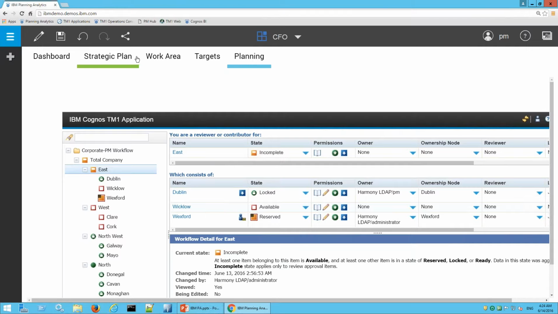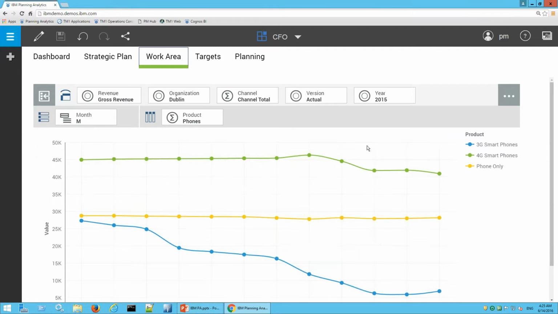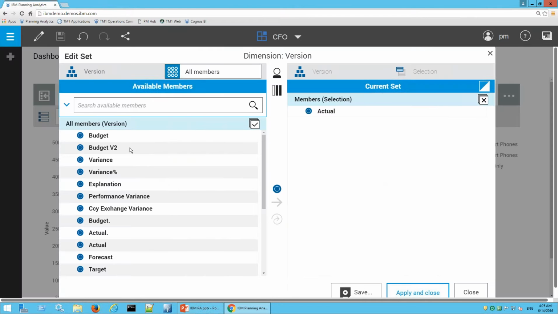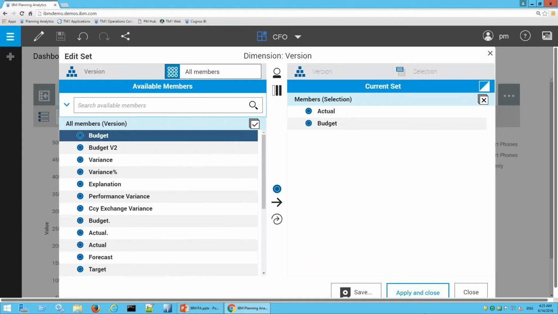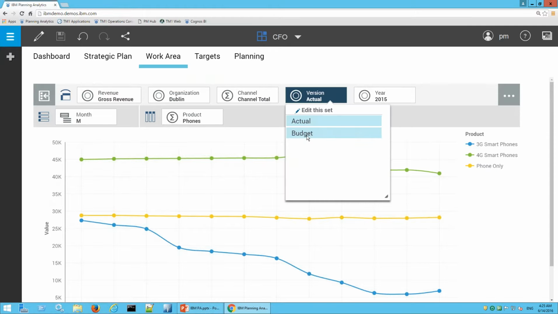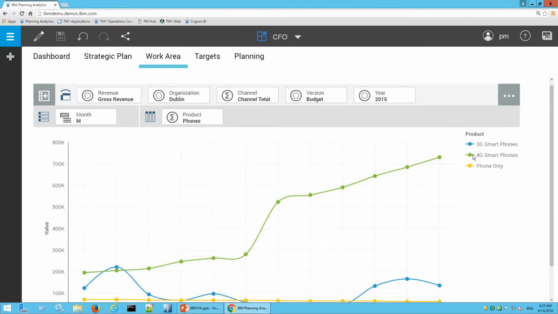And the other thing to point out quickly, if I were to come back to my work area, an area where I was looking at my actual breakdown for Dublin of the different product categories. If I change this view to look at my budget, for example, and again, as a user, I can add that into the view really quickly. And then if I went to my 4G smartphones,